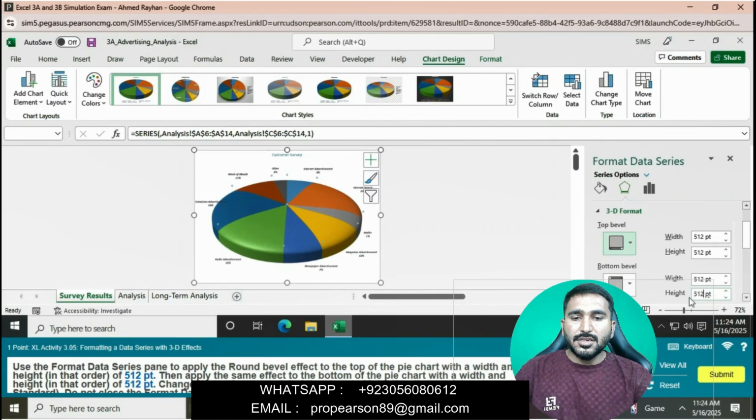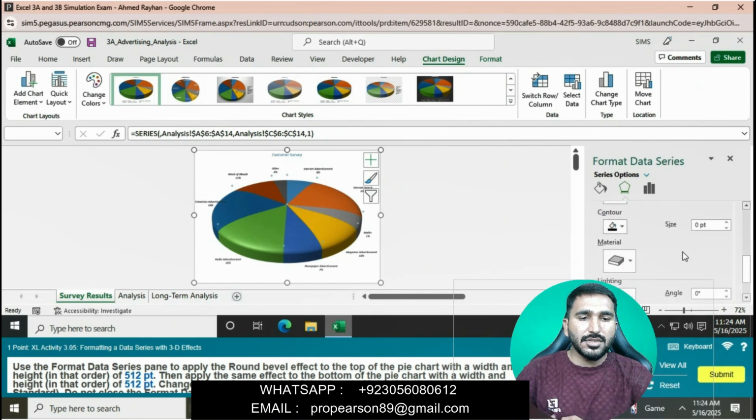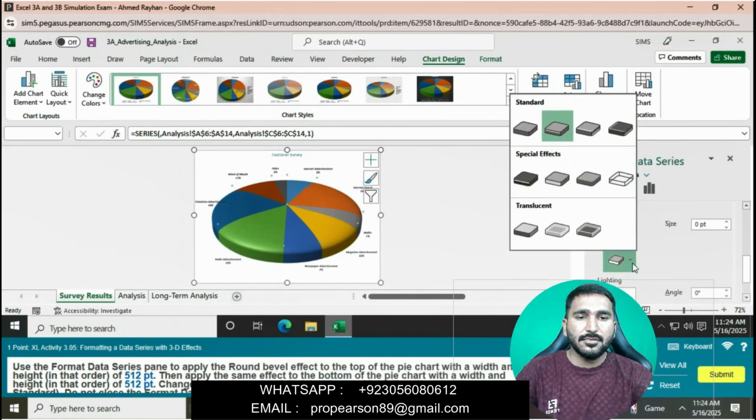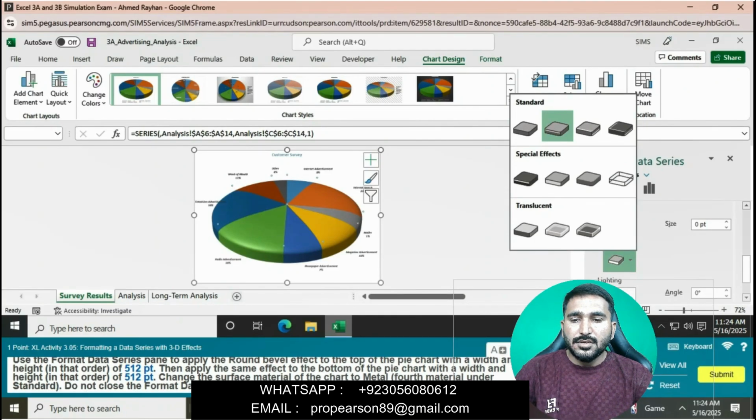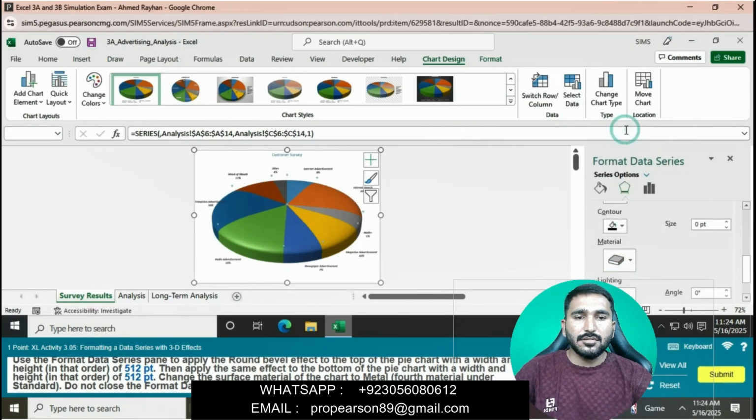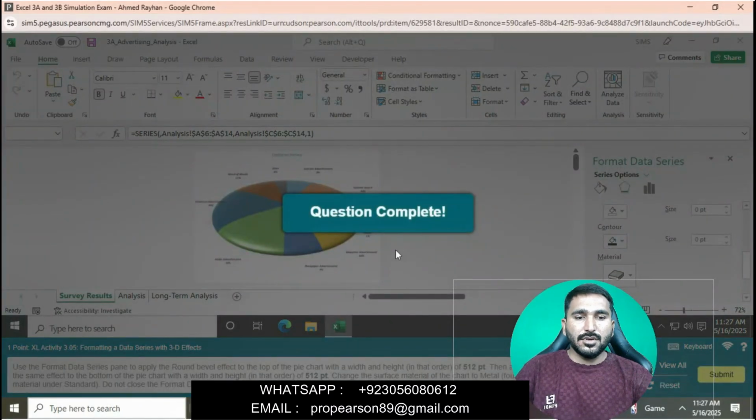Then we will change the surface material of the chart to metal. Scroll down, go to the surface material and select metal. Do not close the format data series task pane.